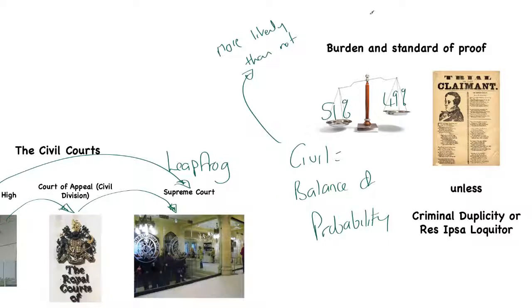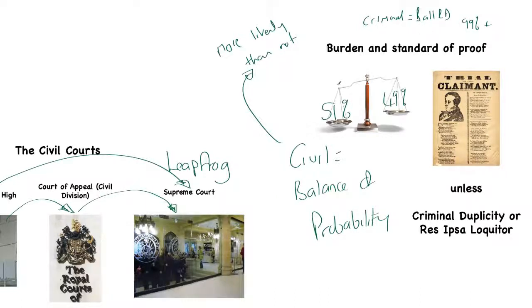Now, you'll remember that's different. If I just quickly put up here, in criminal, we're looking beyond all reasonable doubt. And that, remember, was 99% plus, wasn't it? It's got to be absolutely certain. And the reason why that's the case is that in criminal law, the result of finding somebody guilty in a criminal court case is far more serious. And therefore, we have to make it beyond all reasonable doubt.